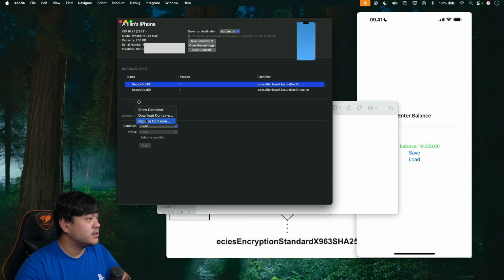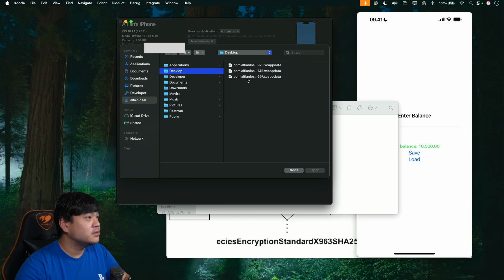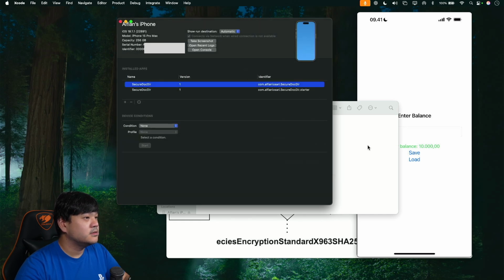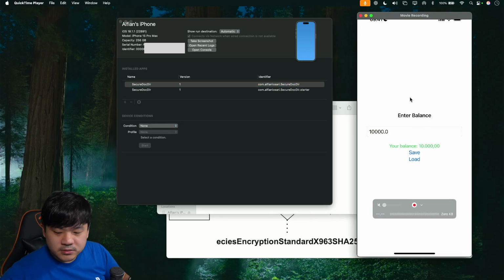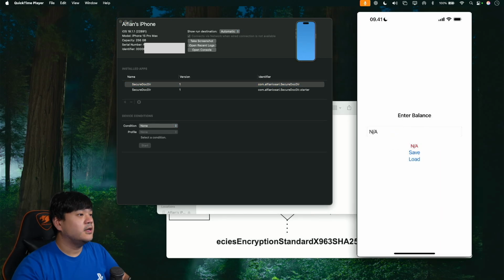If I try to replace this, and if I try to load it, look, it fails because the data has been tampered with and it's not matching the HMAC key that we have stored in our Secure Enclave and keychain. So that's basically the feature that we are going to build: securing the document directory by adding encryption using Secure Enclave as well as signing using the HMAC.